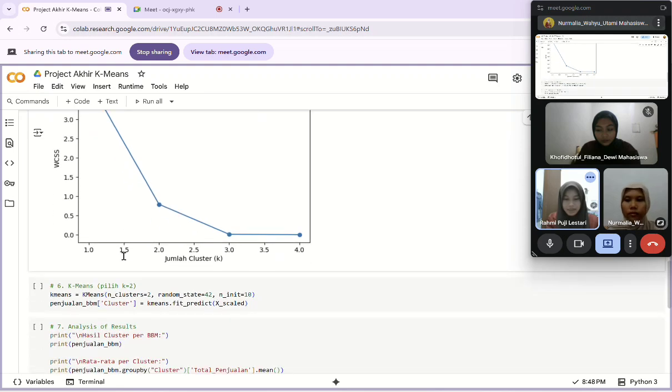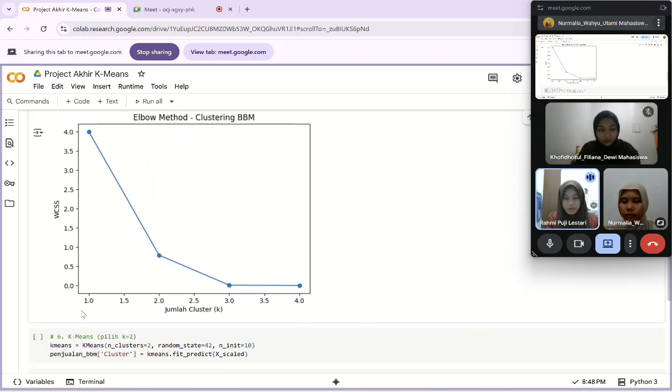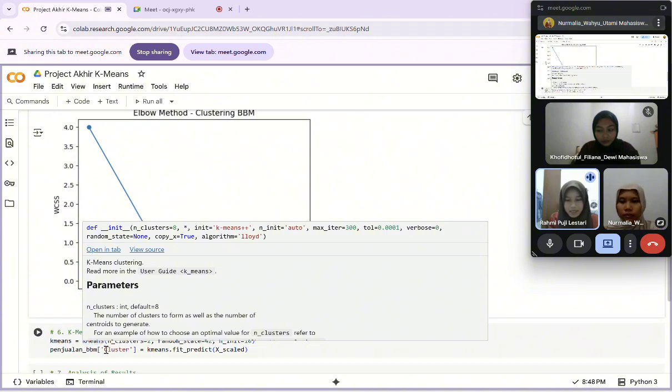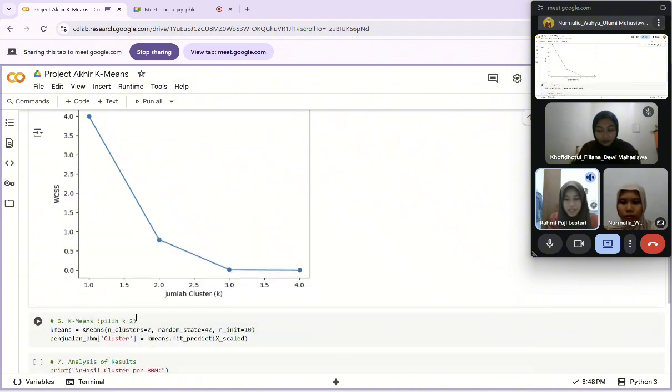The sixth step is the application of K-means clustering. After determining the optimal number of clusters, we apply K-means with K=2. This model then processes the standardized data and groups each type of fuel into 2 clusters.